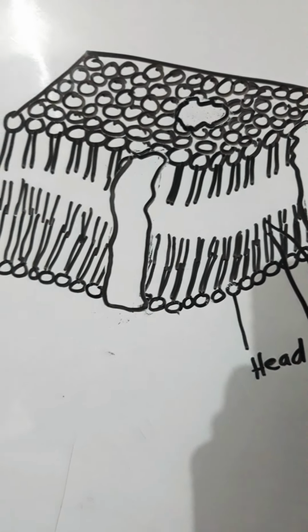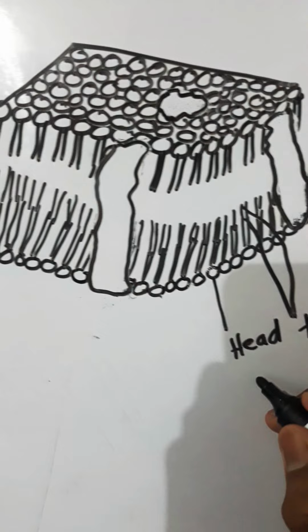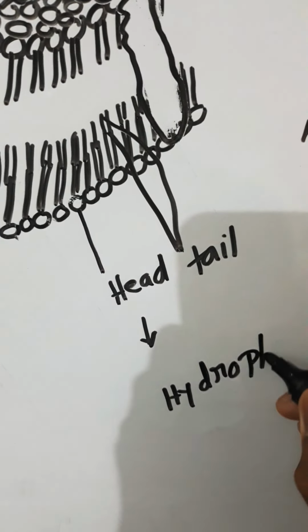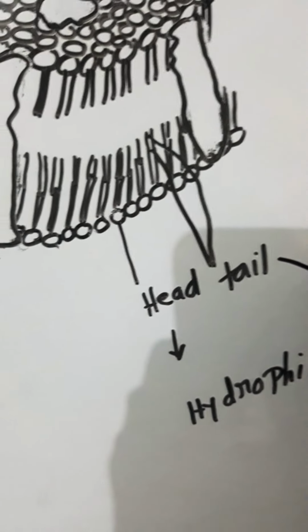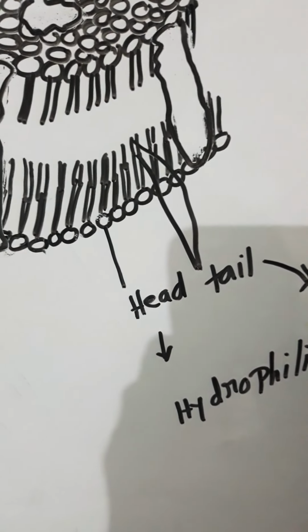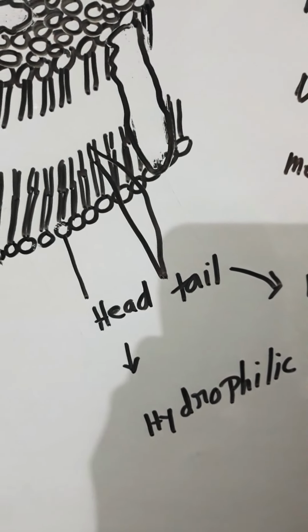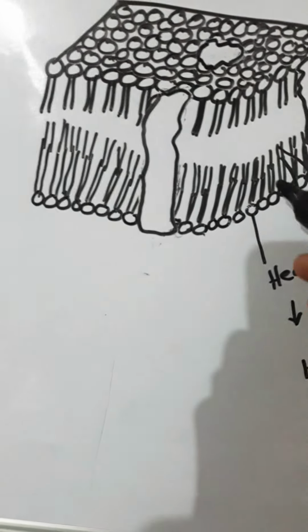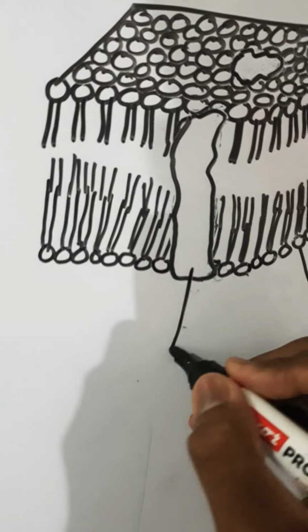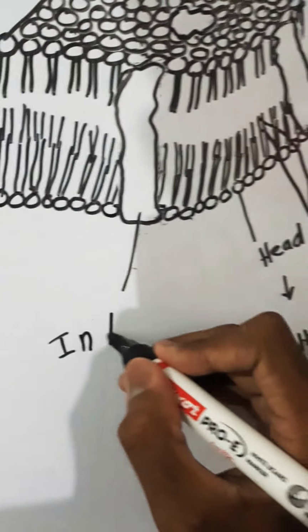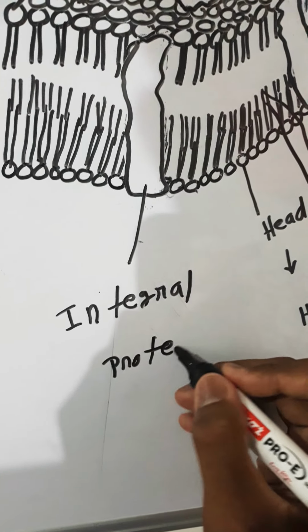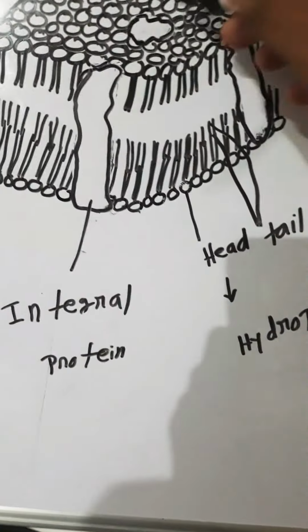tails of the lipids, and heads are actually hydrophilic in nature, and tails are actually hydrophobic in nature. Tails are actually hydrophobic in nature, and these are the tails. These are actually integral proteins which are present within the biological membrane. Here is another protein. This is another peripheral